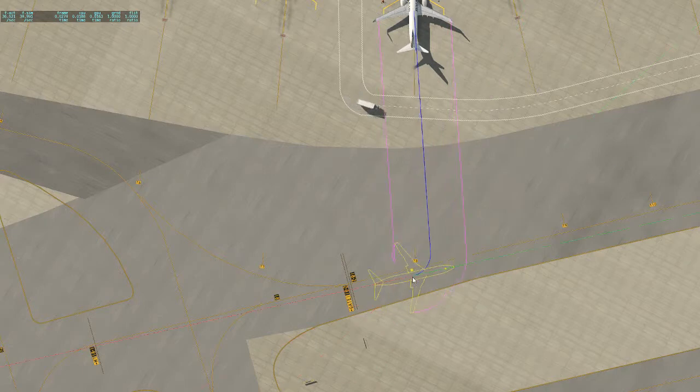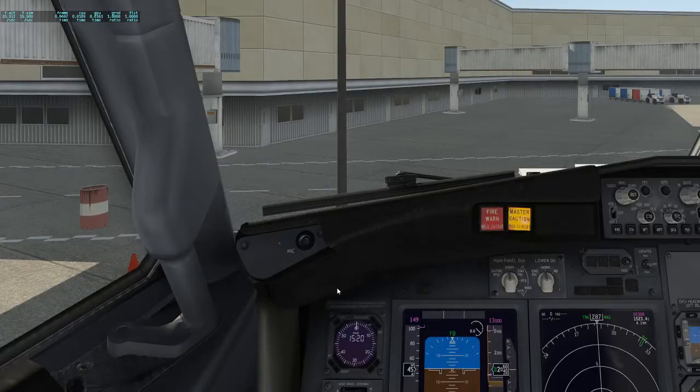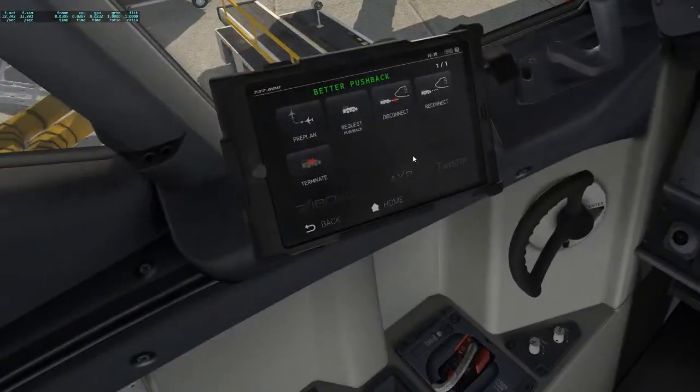We're just going to be facing to the west to taxi out to the active. So we just want ground to push us back that way. So we just select that as our stopping point, hit enter, and it will pop the plan into the better pushback planner. And if we also go request pushback now,